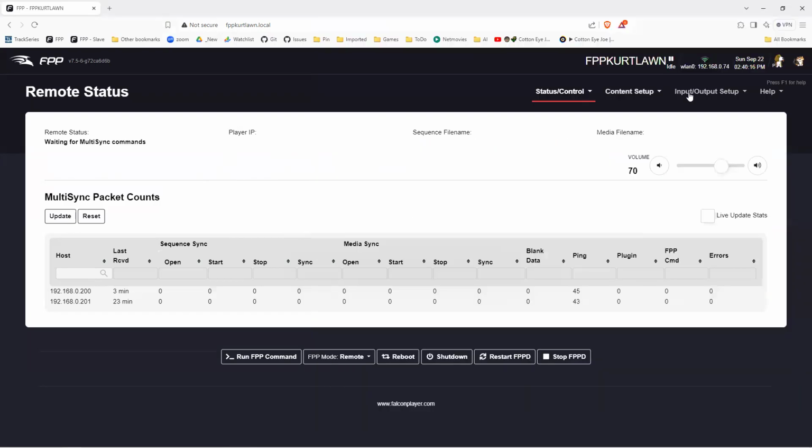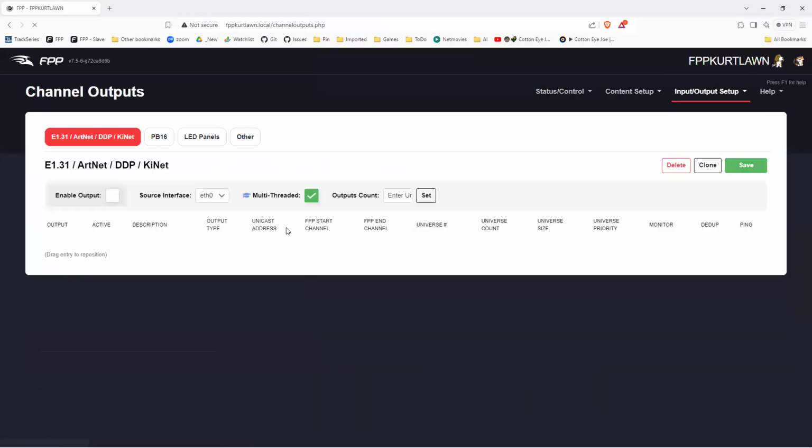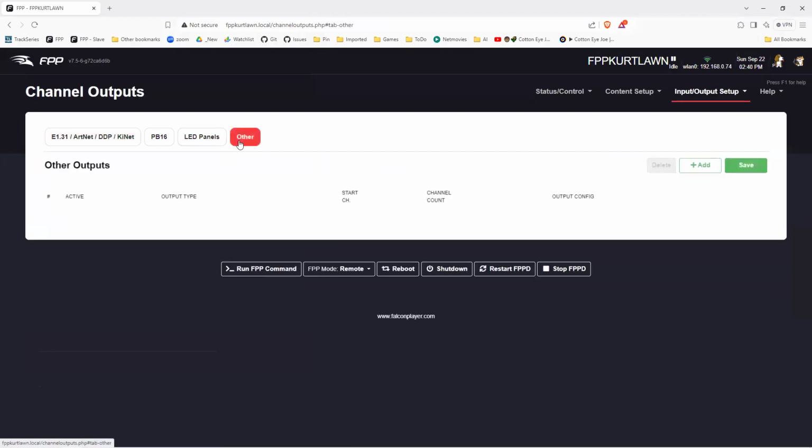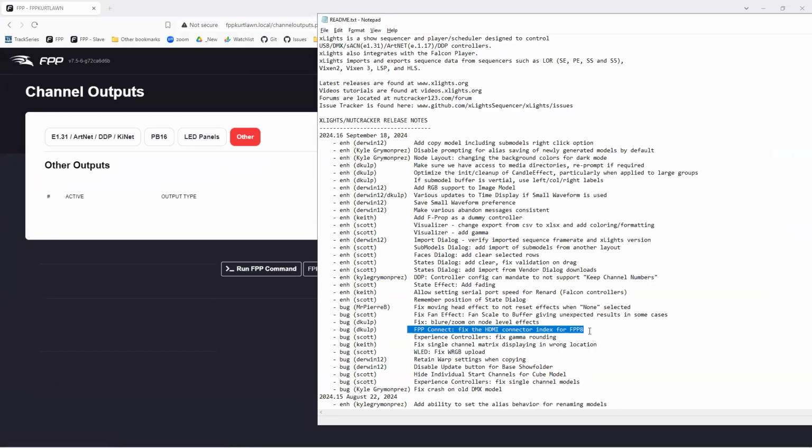In the channel outputs, input-output channel outputs, if you were to go to a virtual matrix panel, in the output config, I think, there's a setting here that says what HDMI port was being set. You would see something like an A0, I think it was, which is invalid. It should have been an A1, because it's supposed to be a 1 or a 2, not a 0 or a 1. That is a little bit of computer speak, but anyway, it was pushing the wrong value,